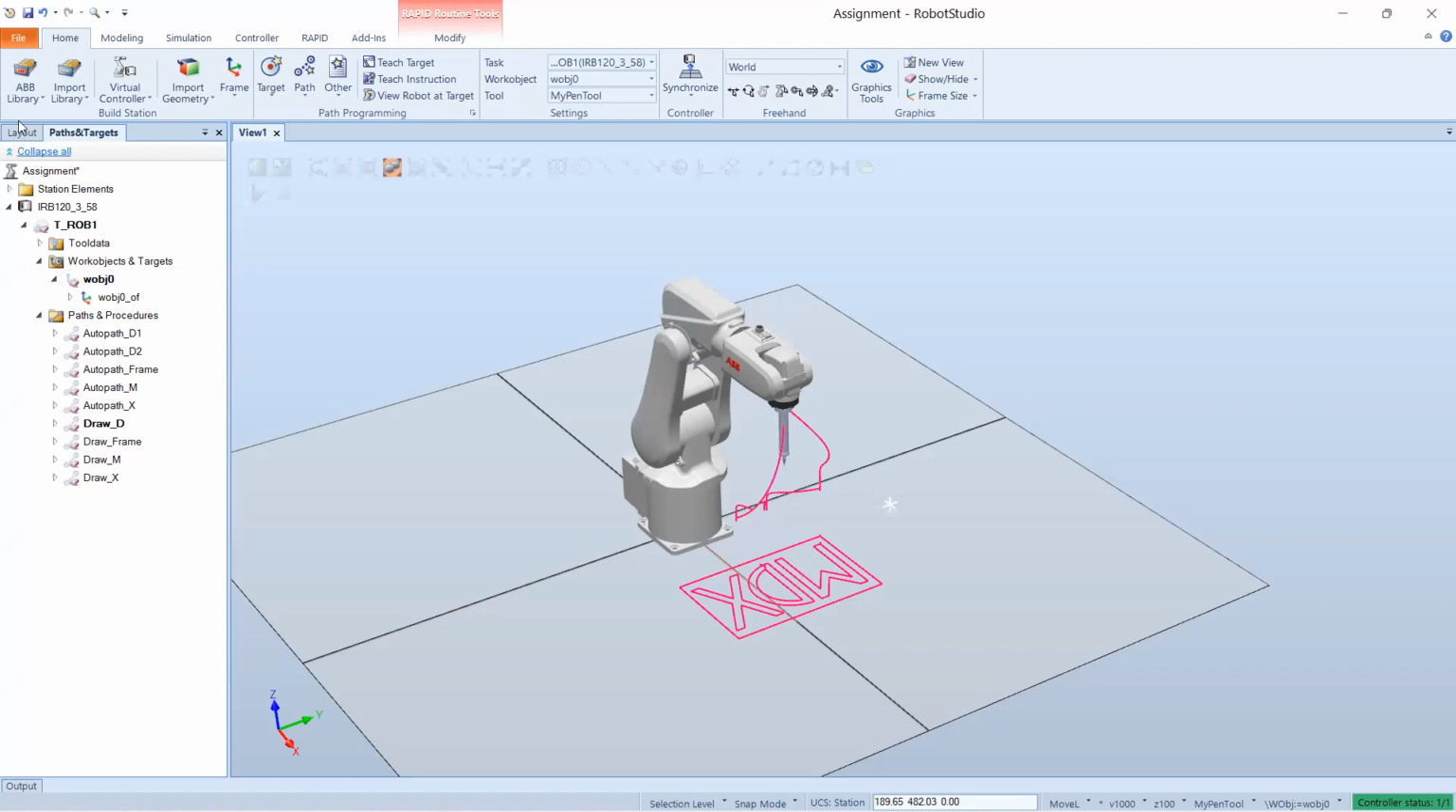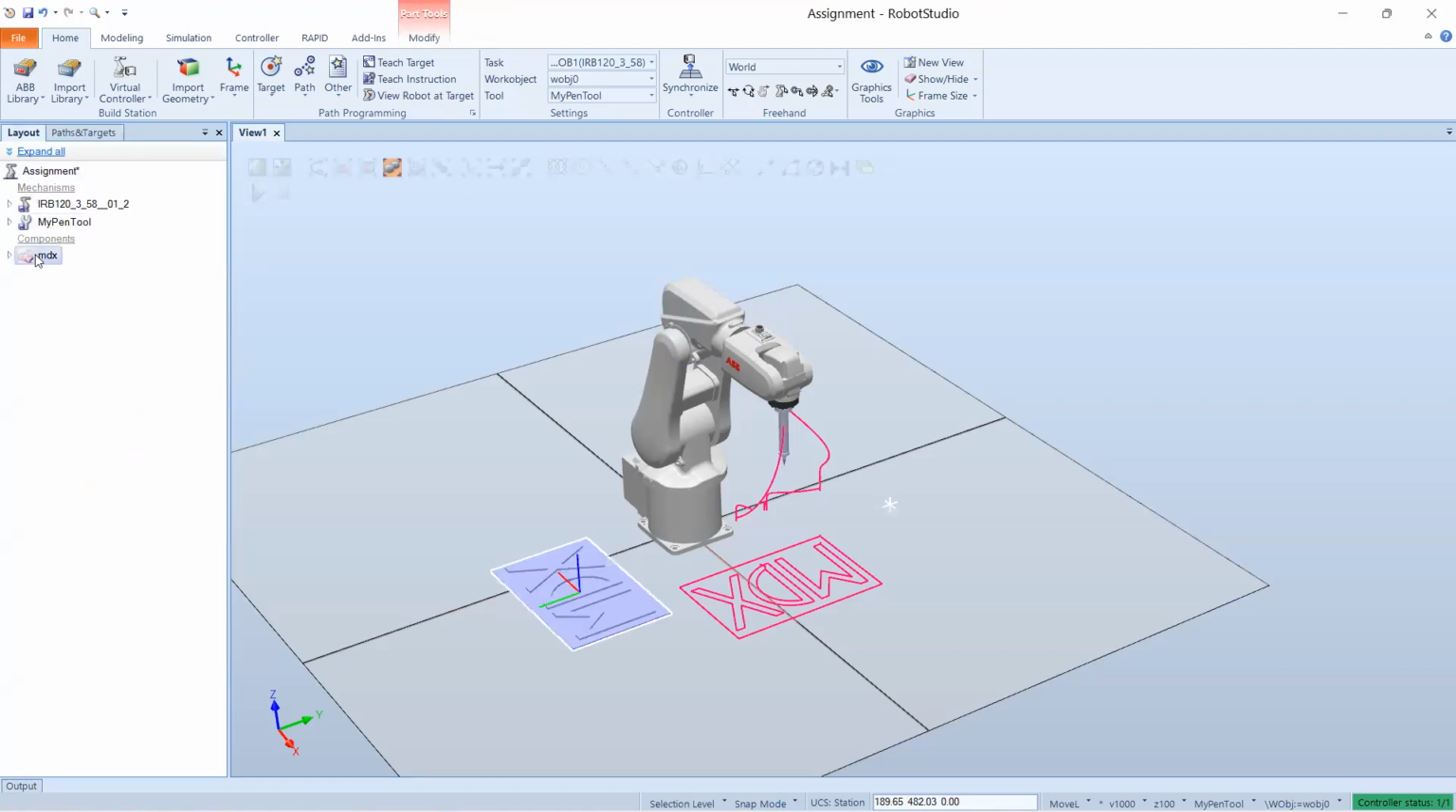For the second assessment, we were given the SolidWorks model of MDX, and we're required to trace it out using the AutoPath function to generate the targets and the path automatically without having to do the whole calculation to get the coordinates. And to do that, of course, I have my robot and I have my pen tool, and this is my model. And after using the AutoPath tool of the Robot Studio, I was able to generate the